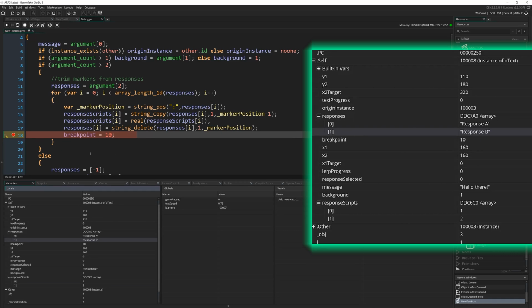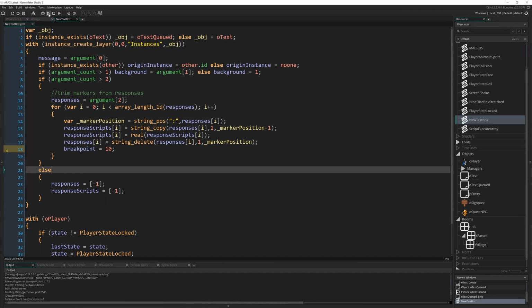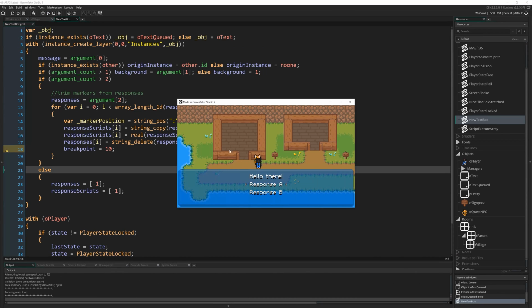So very, very useful sometimes just to stick a breakpoint in when you're operating on a bunch of variables like this, just to make sure you're doing the right thing and you don't have any off by 1 errors. Just go through it line by line, just make sure what you expect to happen is happening each time, and you'll avoid any issues going forwards. Alright, so that script is doing pretty much what we expected to do. In fact, I think if we run the game now, not in debug mode, we can actually see, yeah, hello there,